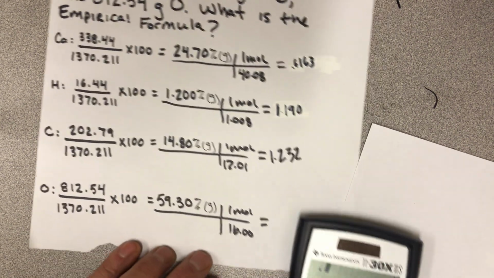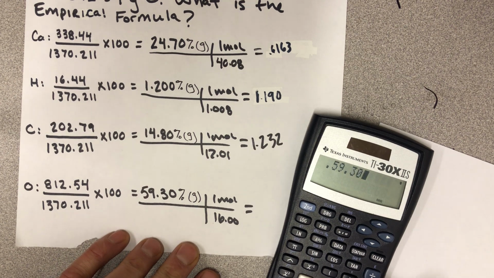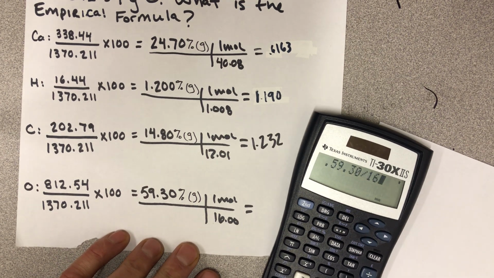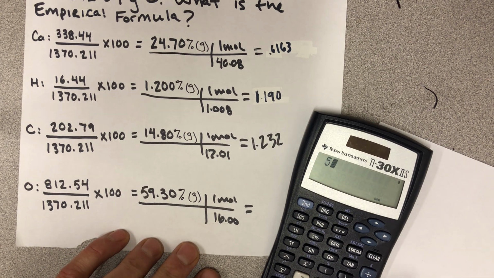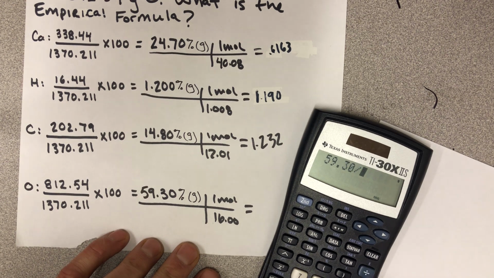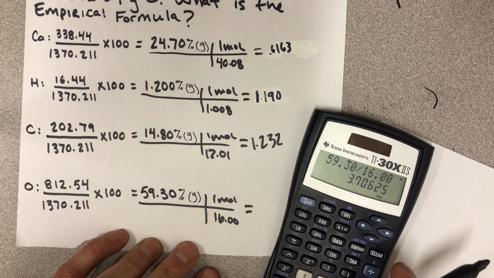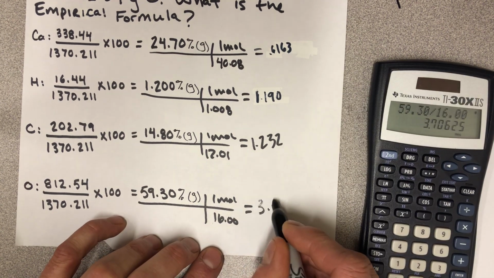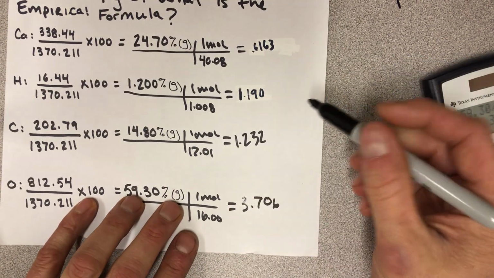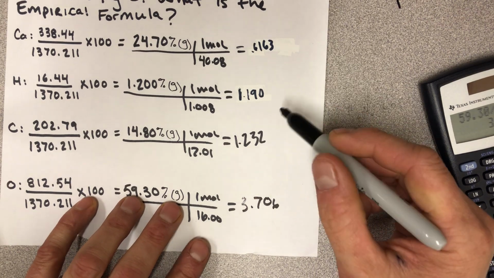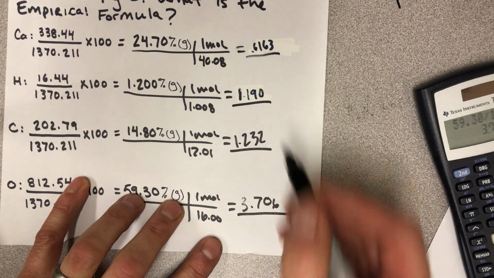And then finally down here for oxygen, we'll do the 59.30 divided by 16.00. There we go. And that's 3.706. Okay, so here we are, now we identify the lowest number of moles of these problems, and it's this one up here. So we're going to divide each of these mole values by the lowest,